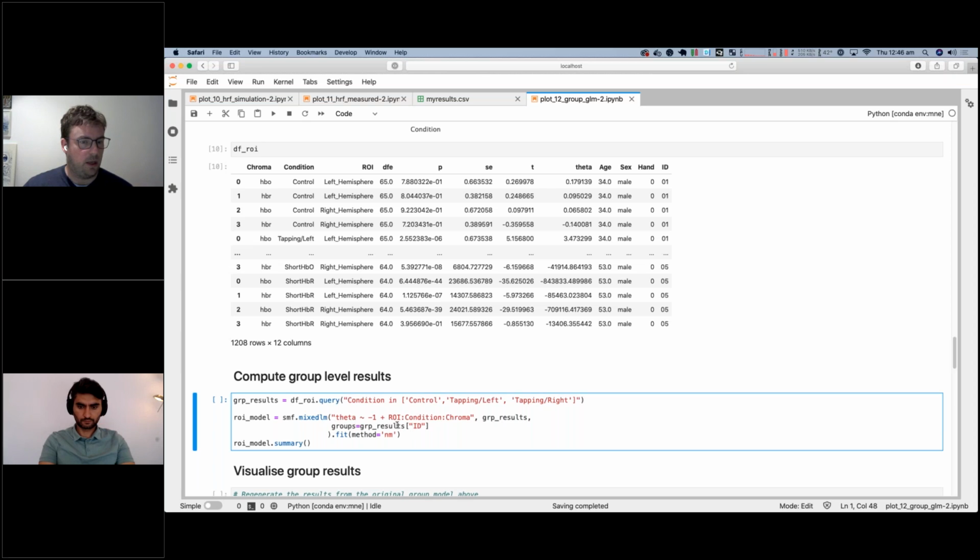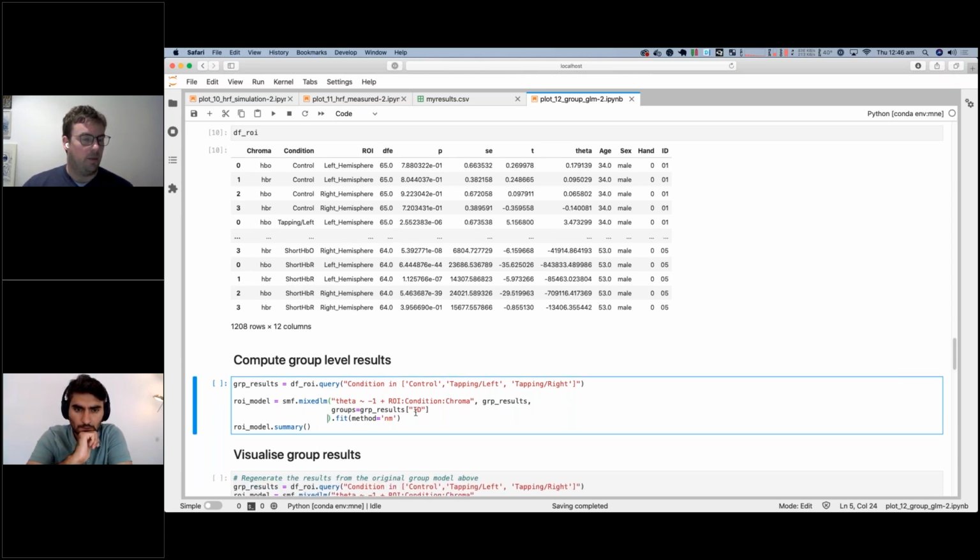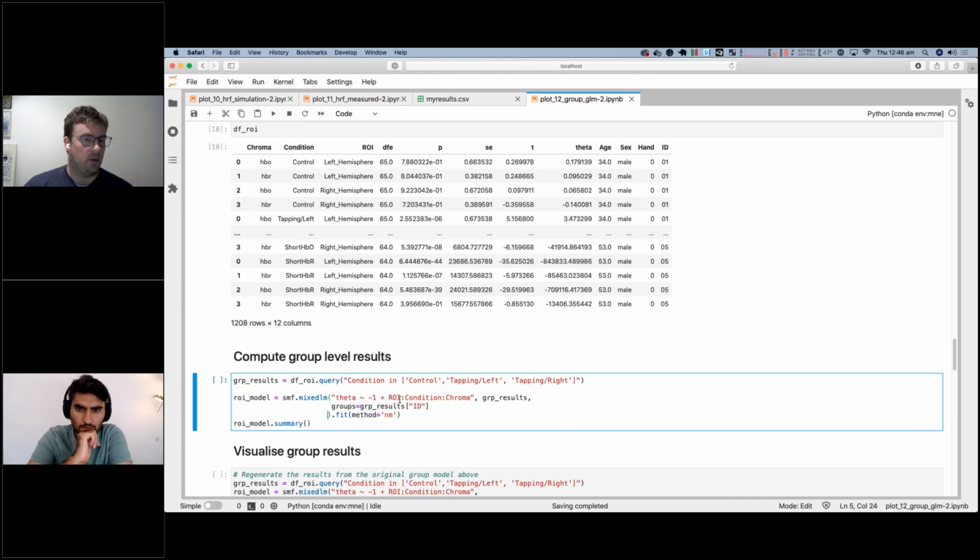This is really well summarized in all the Harvard papers, and they provide some nice examples. There's a nice table in one of the papers that works through this notation, and we use the same notation in this toolbox. So we're going to ask to include fixed effects of region of interest, condition, and chroma, and have subject as a random effect. And if we run that,